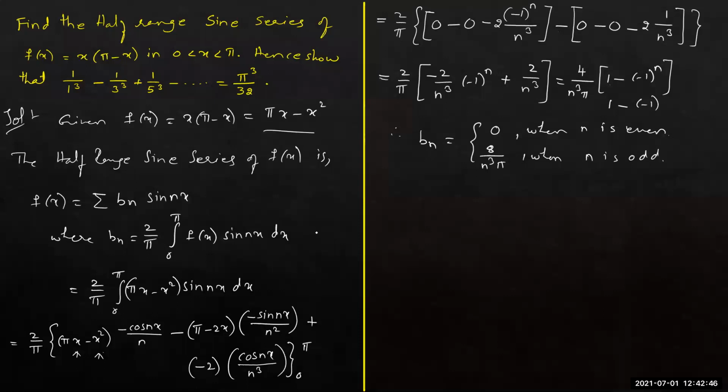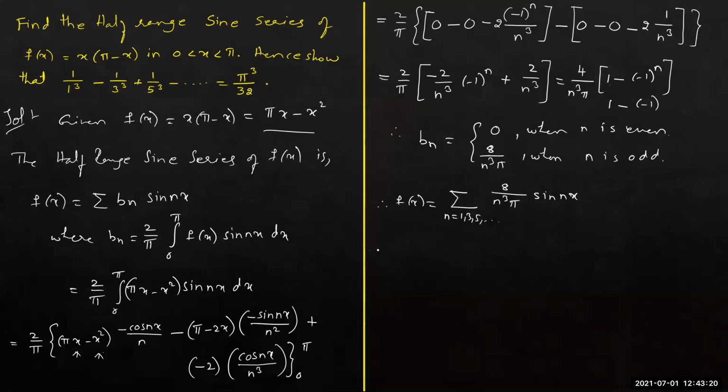Let us substitute everything into the formula. To write the half range series, therefore f(x) is equal to, I'm just substituting here, the summation, and you see here Bn exists only for odd values. So I'm taking n equals 1, 3, 5 and so on, only odd values, and Bn is how much? 8 divided by n cube pi into sine nx. That's the series. Now see, I'm just expanding it for convenience because we are also asked to prove something else.